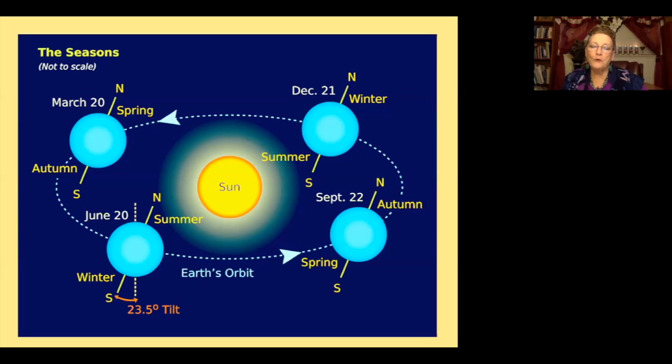Now, you know that the word procession means moving forward. And the word precession means moving backward. So the impact of the wobble, especially since it goes in the opposite direction from the Earth's orbit around the sun, is that every year the winter solstice, the spring equinox, the summer solstice, the autumn equinox happen a little bit sooner, precession, but